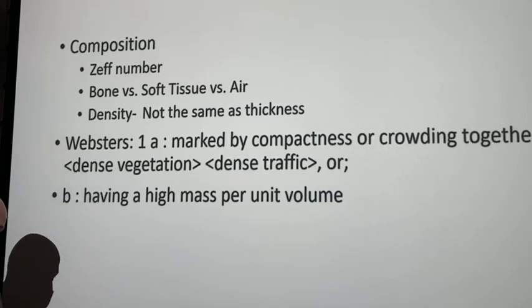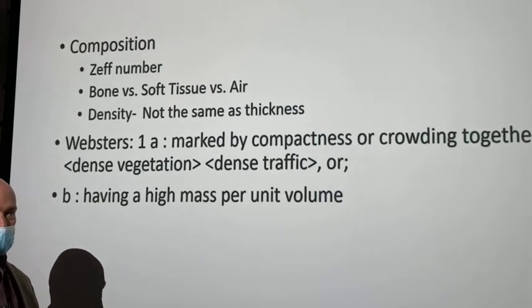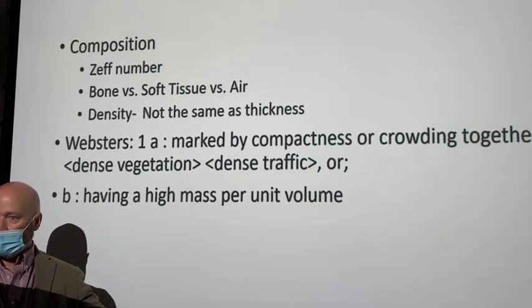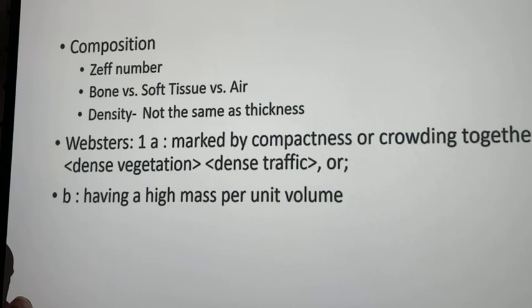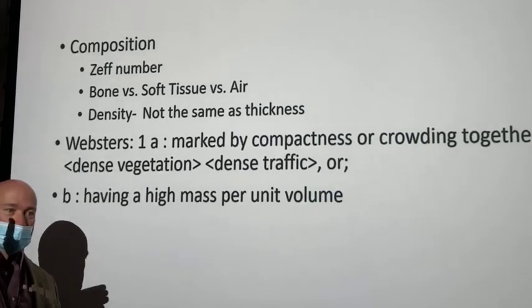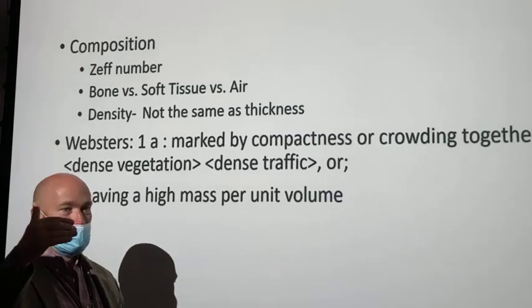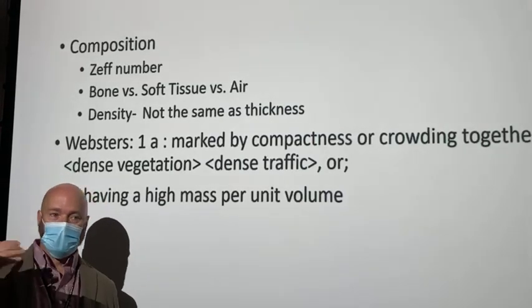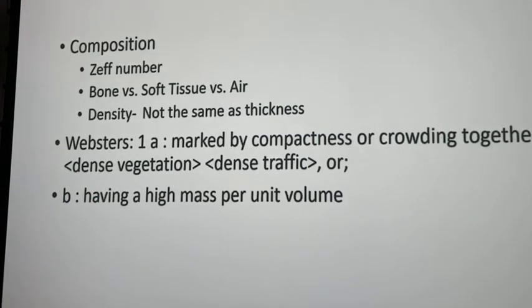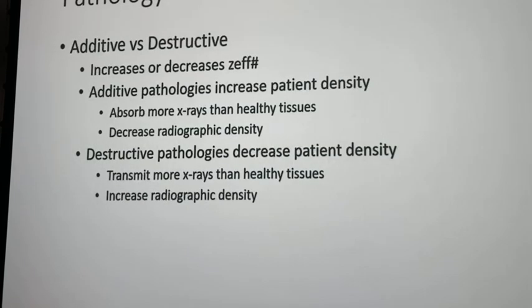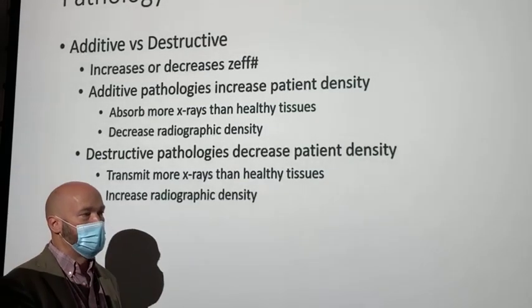So if the tissue type increases density, radiographic density goes down. It's really, really important that you get that. As you increase patient density, radiographic density decreases, inversely related. So we have additive pathologies. We'll run through some of those here in a minute, but comparing additive and destructive pathologies,